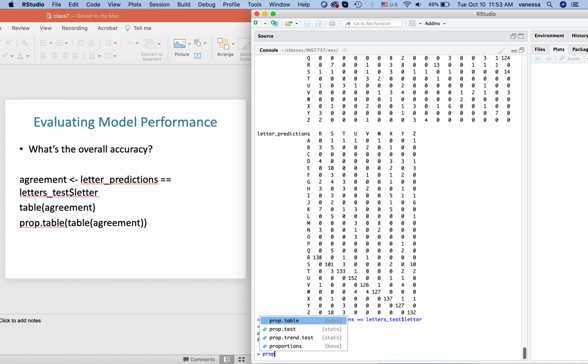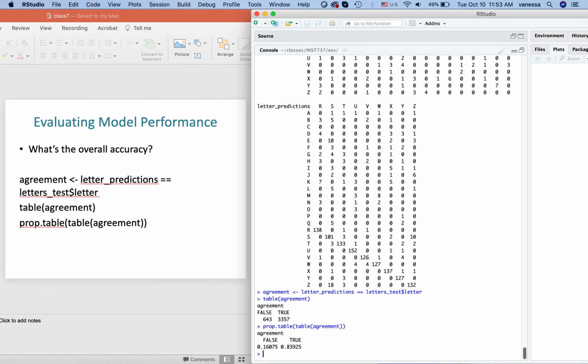And the prop table is just another way of computing these things. Rather than show full counts, you could also look at proportions, okay? Which is 83, or almost 84% of the times, the support vector machine correctly predicted the letter to be the expected letter. 16% of the times it did not. Okay, this is a pretty good classifier actually for a simple, vanilla dot